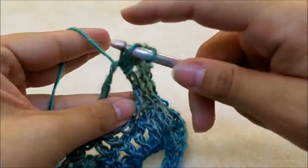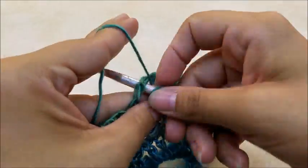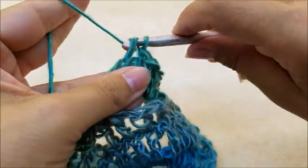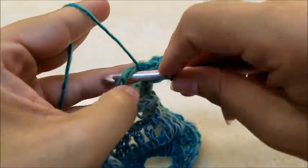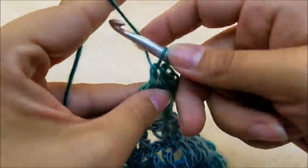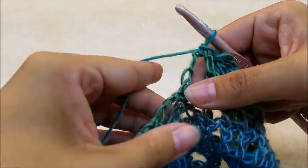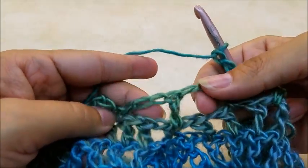2, 3, 4, 5, 6, 7, 8, 9, and then we're going to put 1 single crochet into the next chain 5 space. Now we're going to chain 3, 1, 2, 3, skip this next chain 3 space,